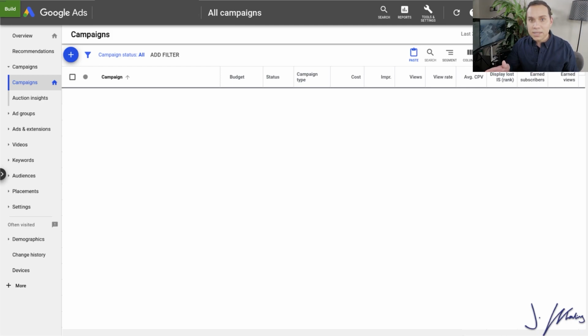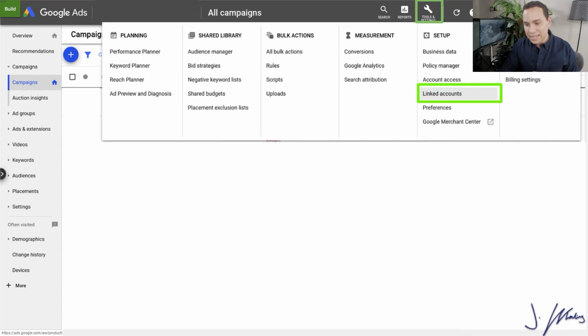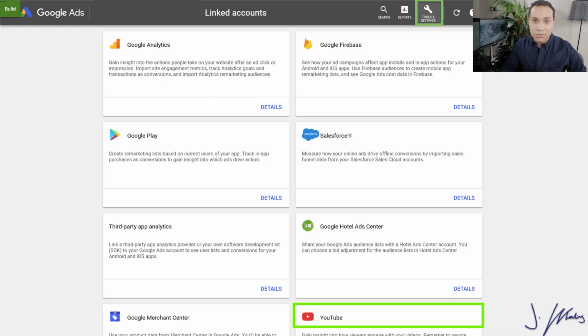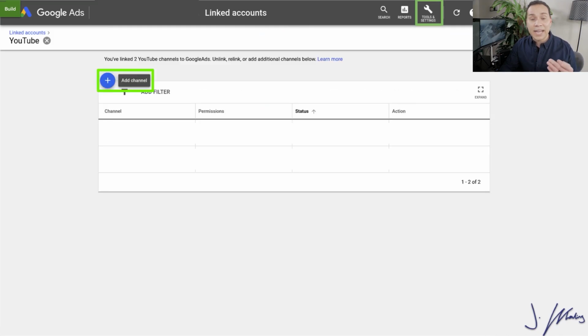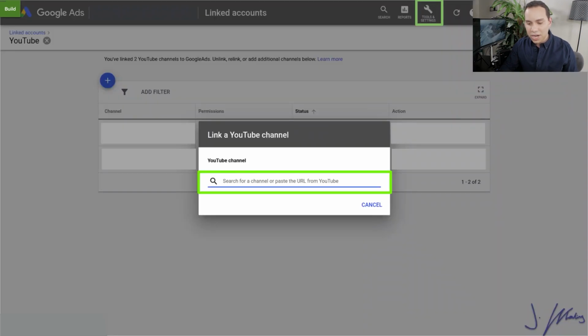So however you get it set up, once you're inside of your Google Ads account, you're going to click on Tools and Settings at the top here, and then under Setup, you're going to click on Linked Accounts. You'll scroll down to YouTube, and then you'll go ahead and select Details, and here you're going to be able to add your channel. Pop-up will appear, just type in the URL or paste it, most likely paste the URL unless you memorize your little code, and you'll be good to go. Now, something that's very important here is you can connect multiple accounts to multiple channels and multiple channels to multiple accounts.